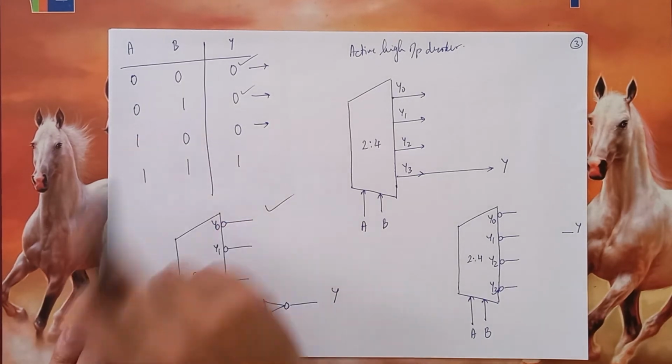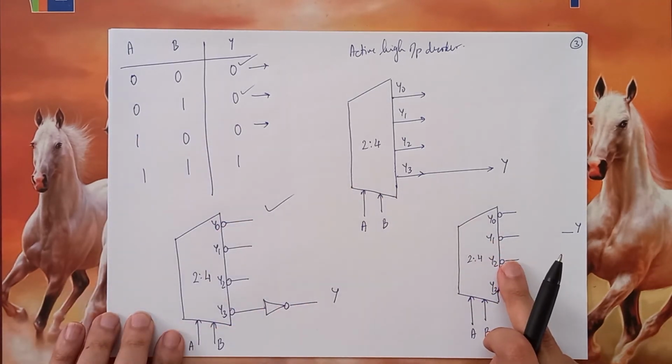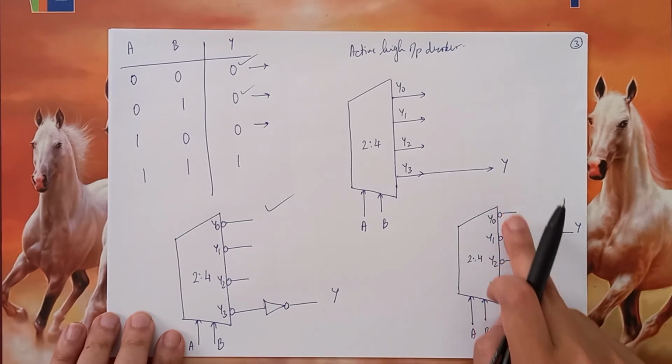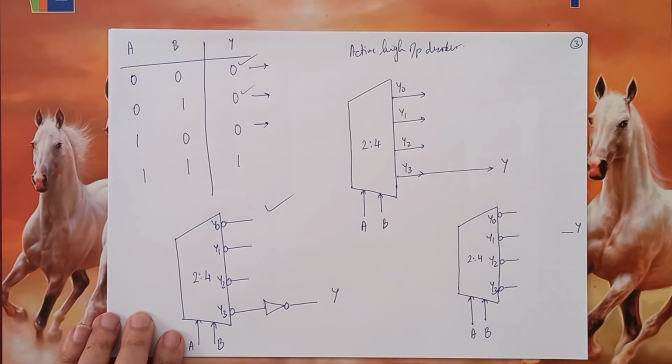When A and B are 1, 0, y2 is activated. That becomes 0. y0 and y1 remain as 1. What should be the value of y in that case? It should be 0. So therefore,